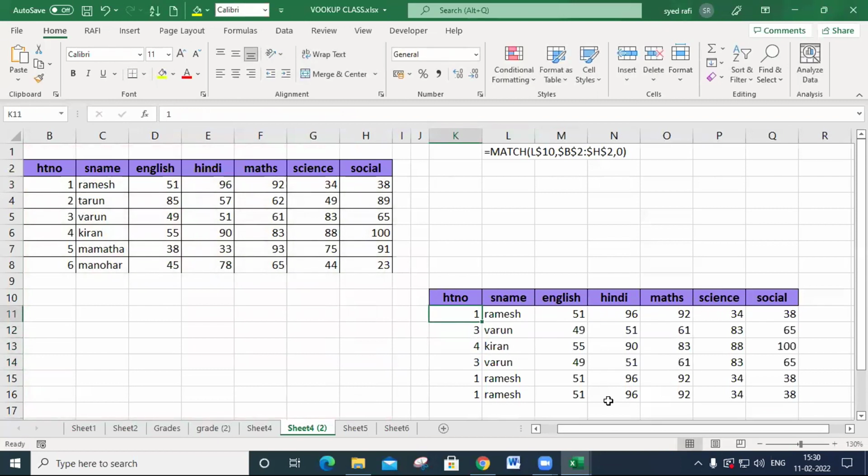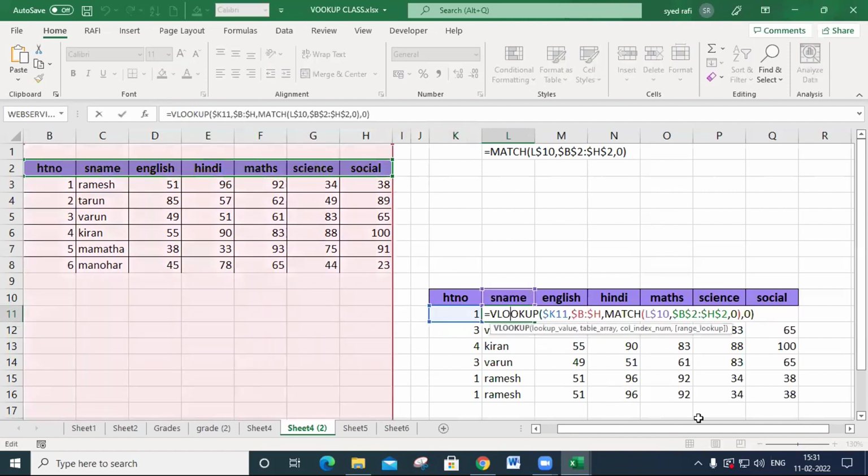If no data is found, it will automatically display not available. If the data is available, it will be displayed. If you enter like this, it automatically displays not available. We can also give a friendly message, I will show you. If you have any doubt in this VLOOKUP, if you have any doubt,